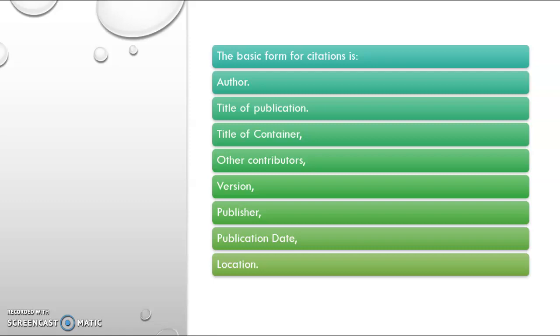Any other contributors could include editors, artists, illustrators, anybody that they mention by name as contributing to this particular article. The version, in books that could be editions or whatnot. So if you're looking at a book, look at the title page. Or if you find an online academic journal, usually it's listed like volume 25 or whatever.